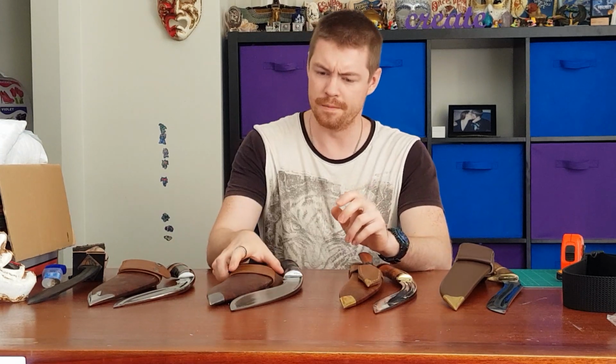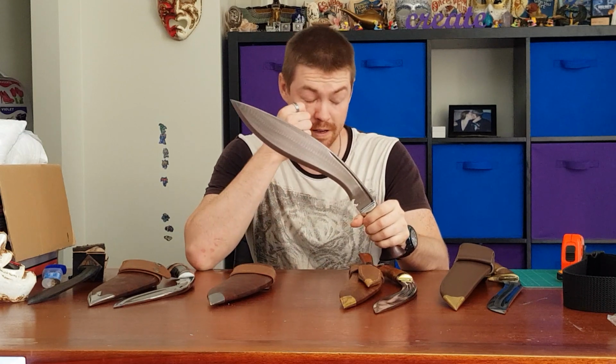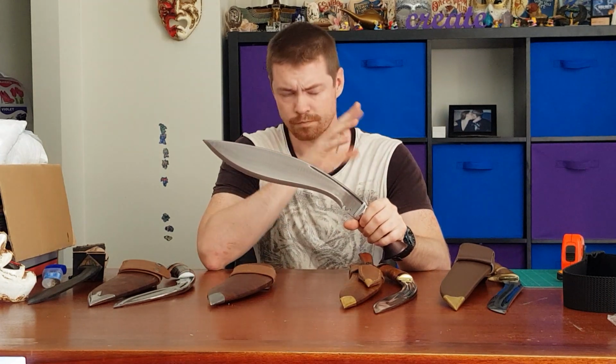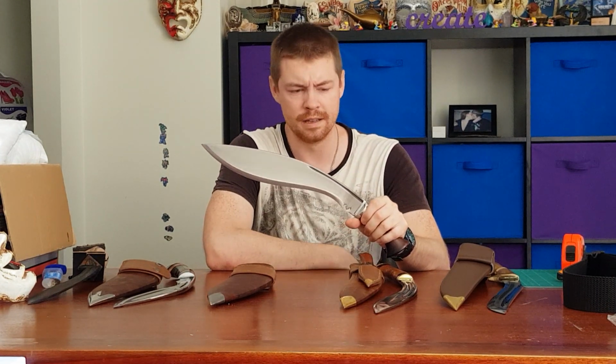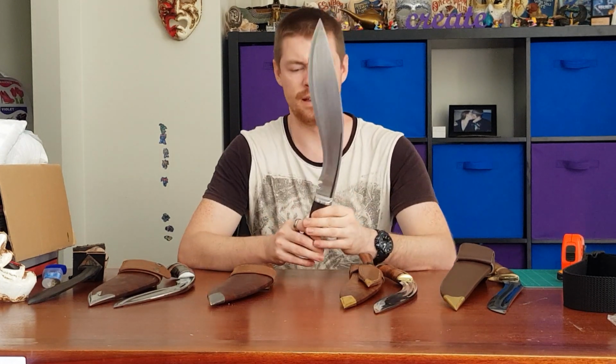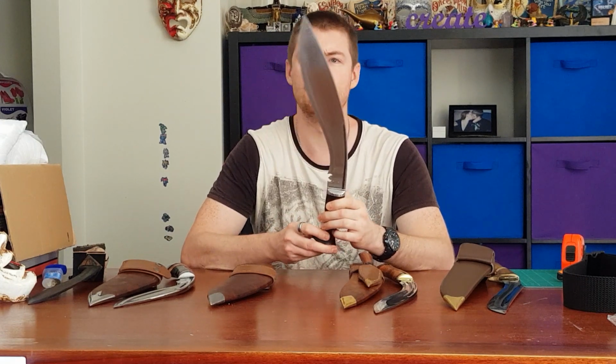Moving on now. Now I've got the big heavy one. This is a reproduction of a Mark 1. The first one Bruin made, I actually had him remake it because the first one he made was too light. And I sort of said, well, traditionally Mark 1 never actually came in at that weight. And he also made the spine too thin. Now this one is a little bit more accurate. There's a couple little things he could do with the handle to make it a little bit more authentic, but otherwise